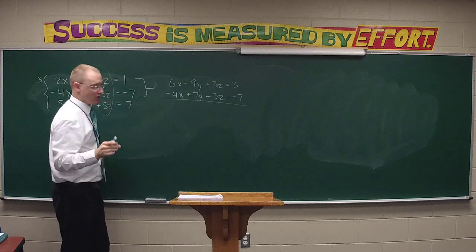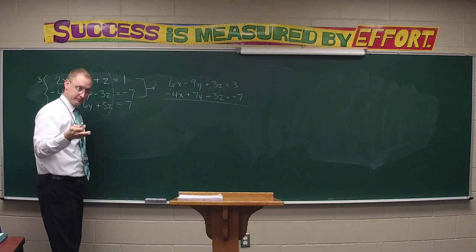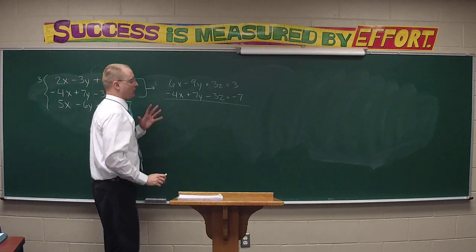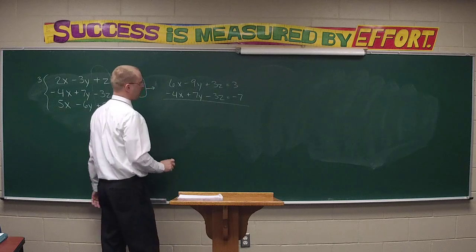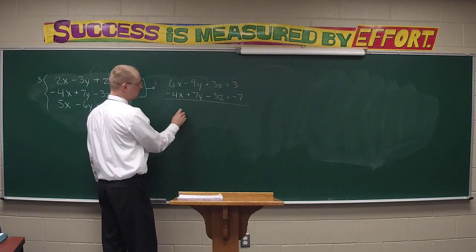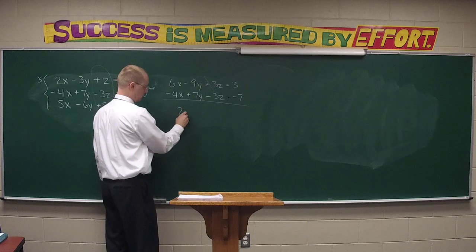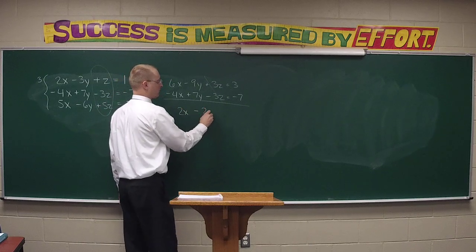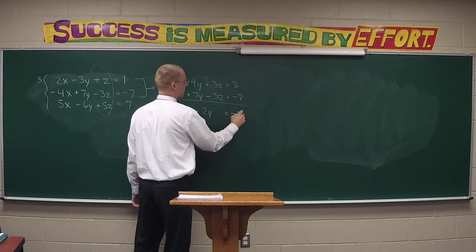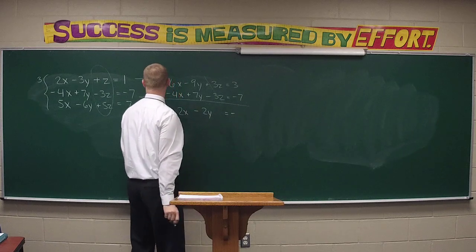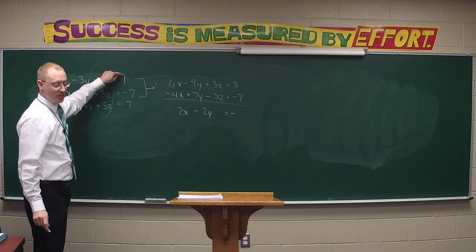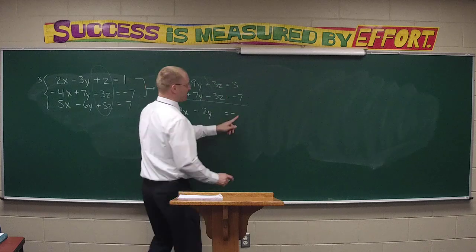Okay, Genesis, I assume that's what you did first also. Yes. All right, what happened when you did that? Talk me through what we should have now. Cancel the z's. 2x minus 2y equals negative 6. Yeah, negative 6. Oh, you still had a 1. That right there is your problem. All right, should have been a 3, so should have given us